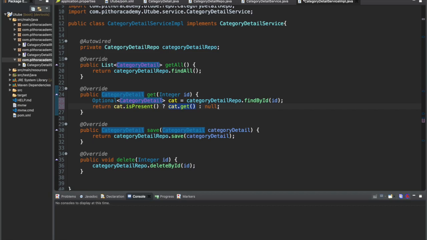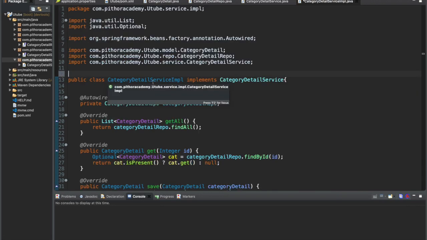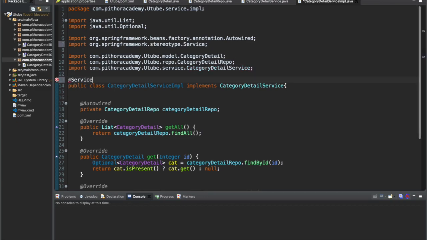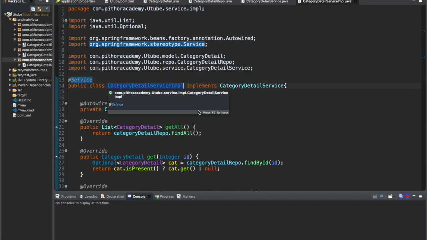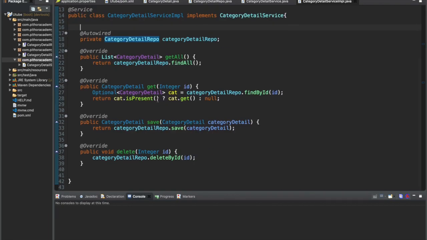So these are the CRUD operations using Spring Data JPA and JPA repository. One thing we have to keep in mind is, we have to mark this service with @Service if we want it to be created automatically by the IOC container. So in this video we have completed the business logic for the service layer for CRUD operation. In the next video we will create the controller layer and do the actual CRUD operation. See you in the next video.